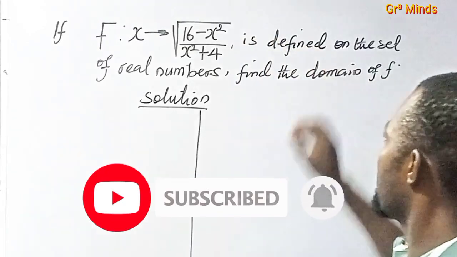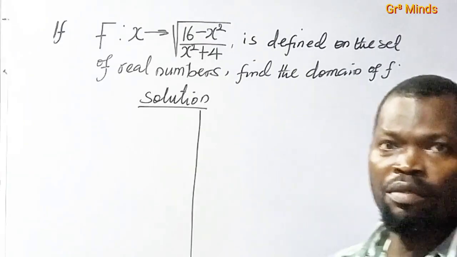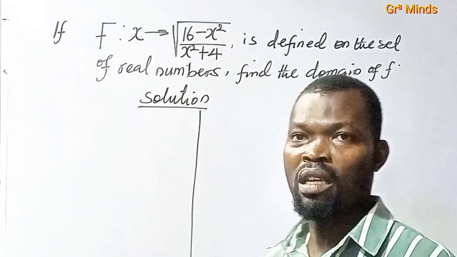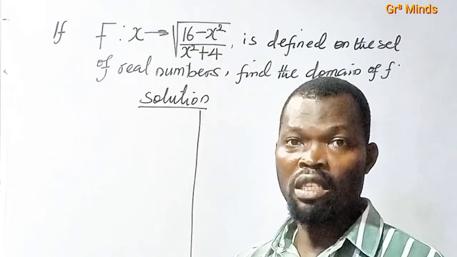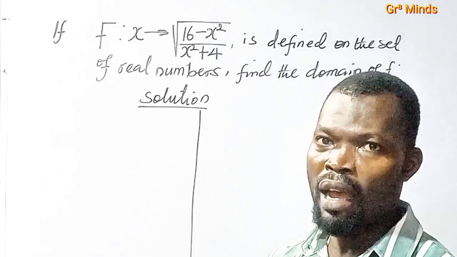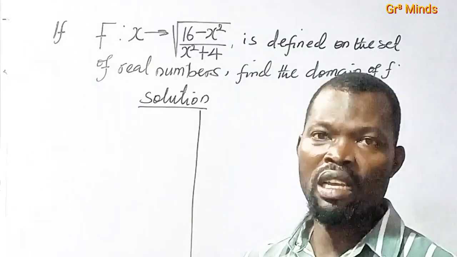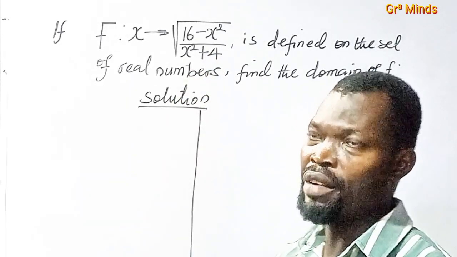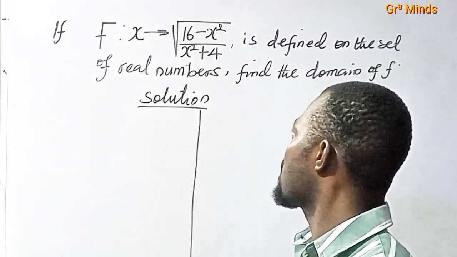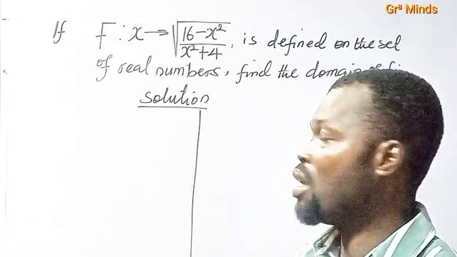Given that the function is defined on the set of real numbers, find the domain of f. The domain here represents the set of x that makes this expression or function defined. That means this cannot carry a negative value, because the square root of a negative value will give you an imaginary number. So what are the things that must be done in order to avoid the negative value inside